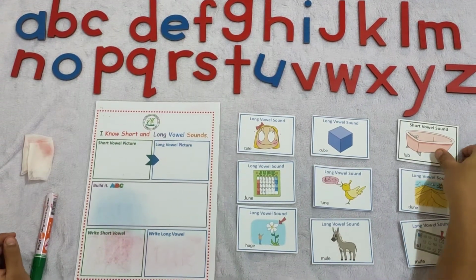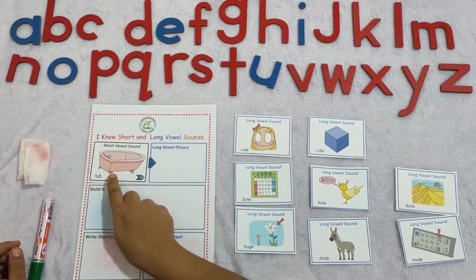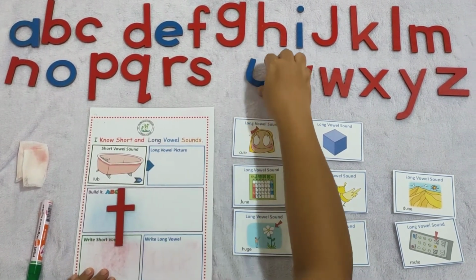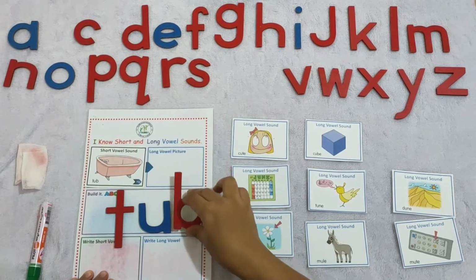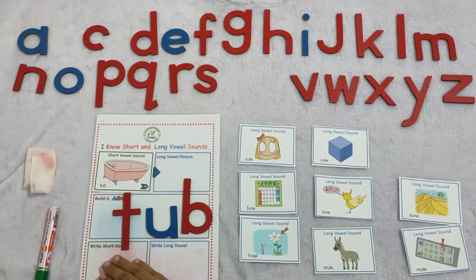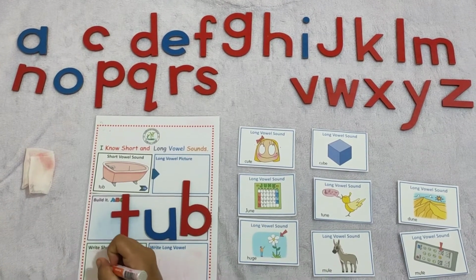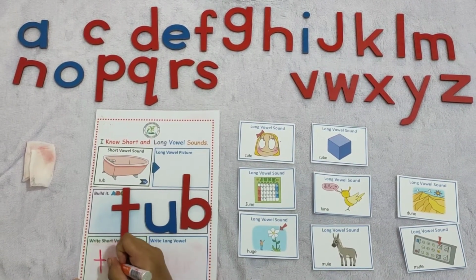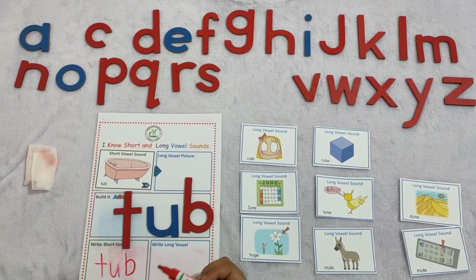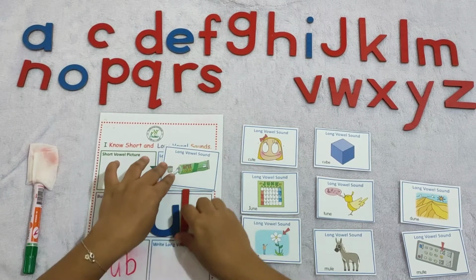Alright. Next, we have the word tub. Tub. Now let's build it over here. We have t, b. One more time. T, b. Tub. Now let's write it over here. We have t, b. Tub. Let's flip it with a long sound, and we have the word